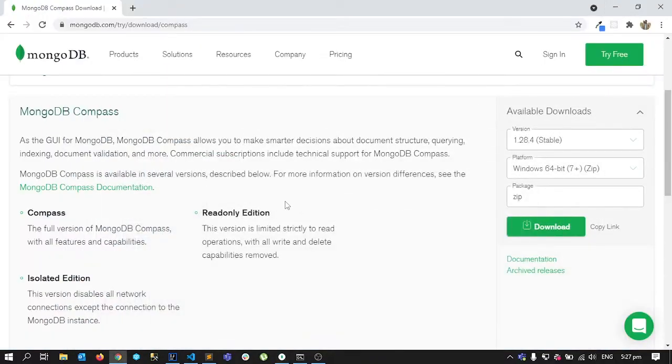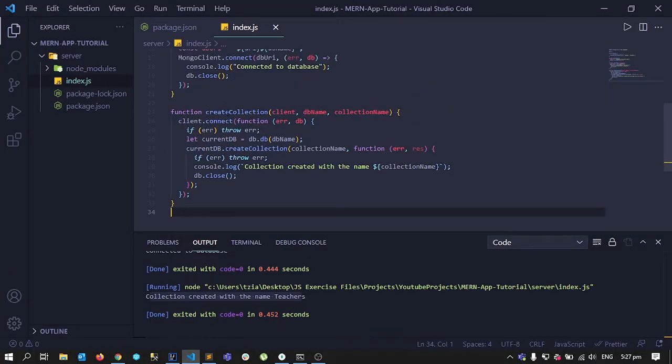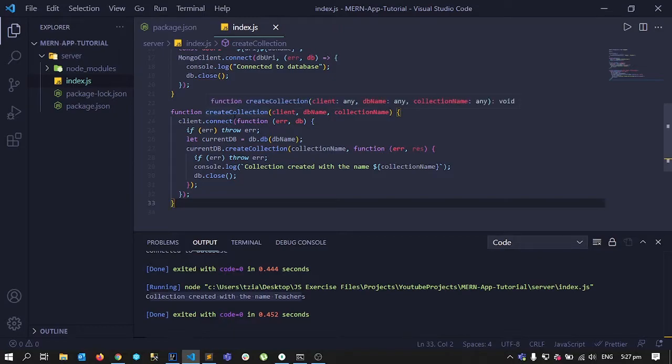So today we'll be learning how we can delete the collection that we just created, and how we can add documents inside a collection that we already have. So in order to